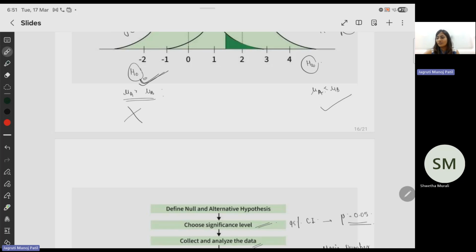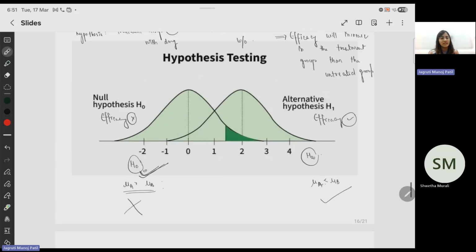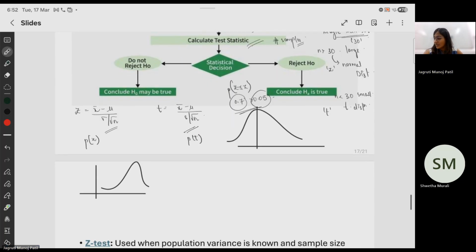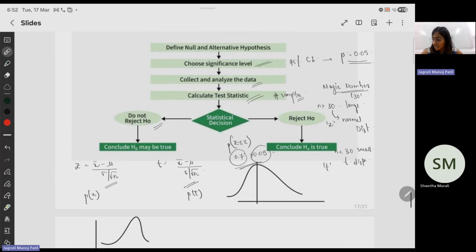You cannot say it will decrease, and you cannot say it won't increase either. It's just that we won't reject. You don't know what would happen. You'll only see when your sample size increases, or the effect increases or decreases. If you do not reject, you conclude it may be true, but this is very vague, and in statistics you never say something like that. But you can always say that your null hypothesis can be rejected, so your alternative hypothesis is true.